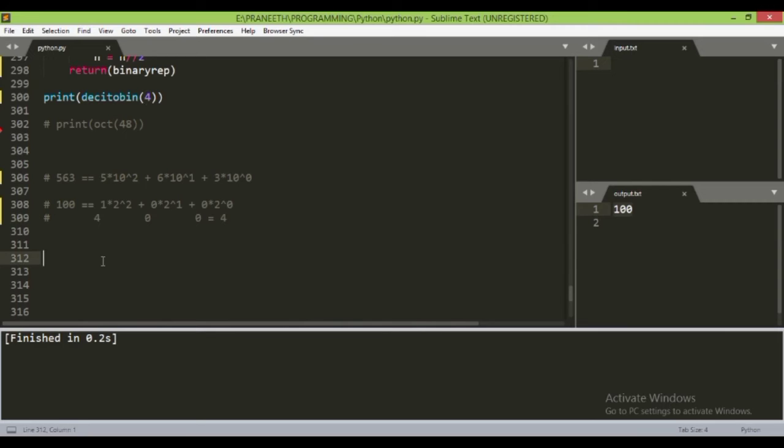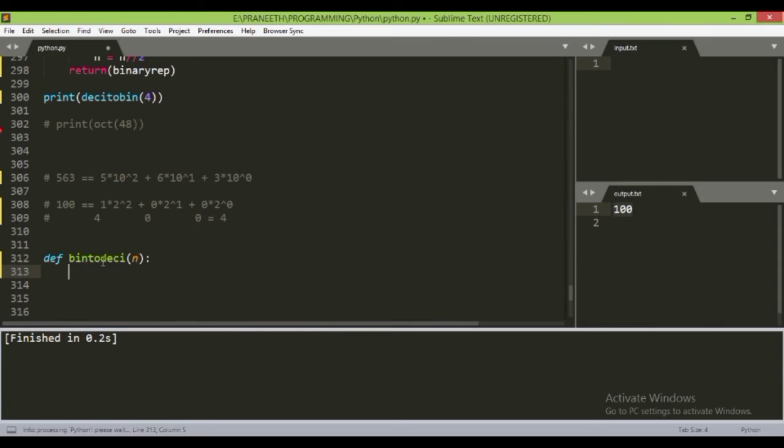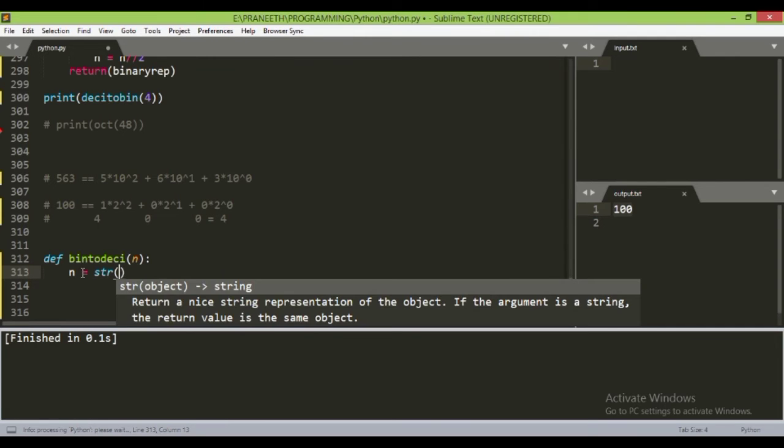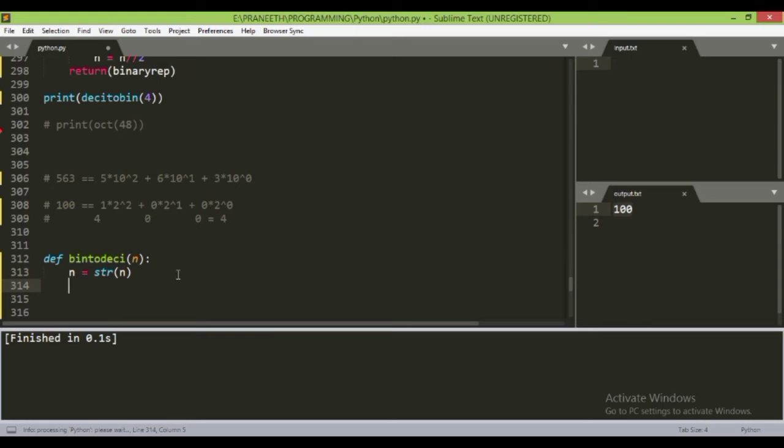So let us create a function for that too. Define bin to deci, and then we'll take the binary representation, and so first of all we would need to convert the representation of binary into string format. So it would be easy to perform some functions we would require further.